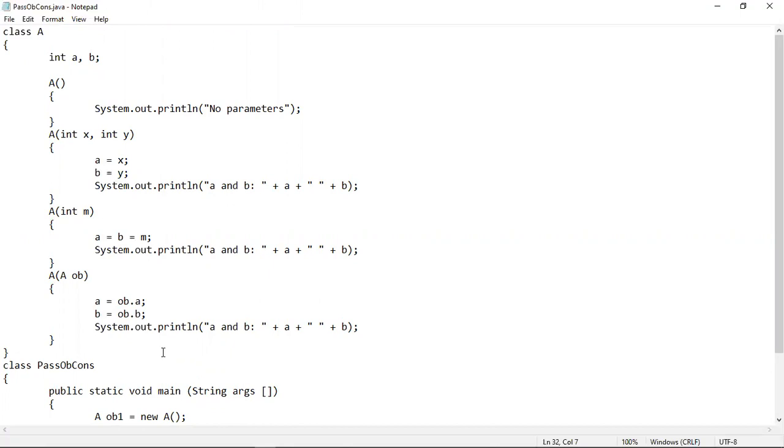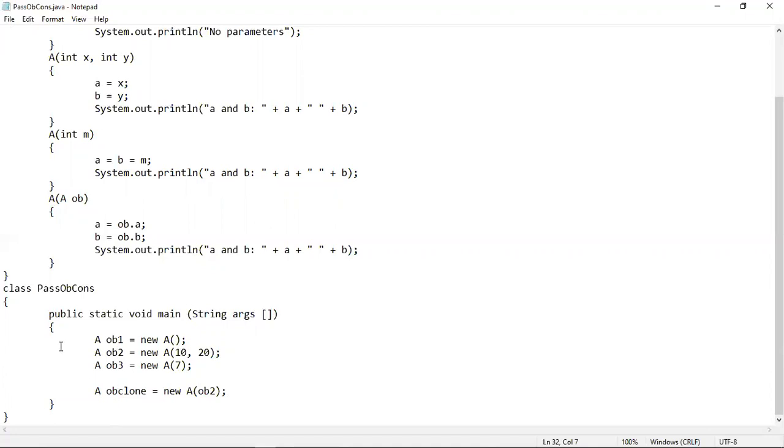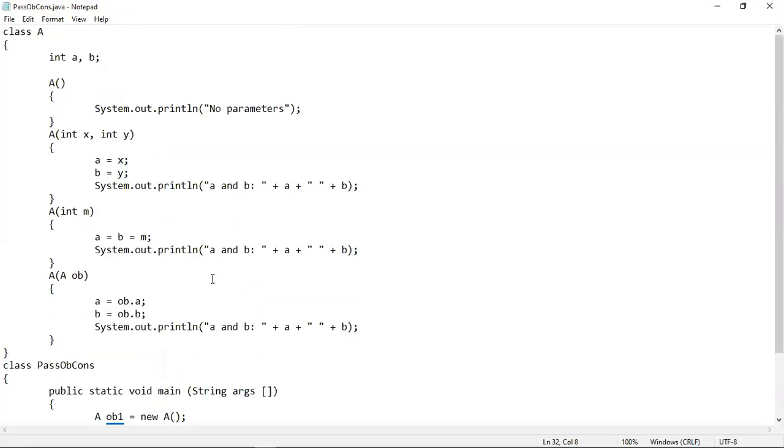But in order to implement object cloning in this way, you have to use constructor overloading within a single class, and then from inside the main class, you have to pass one object to the same constructor, which is an overloaded constructor of the previous class. So this is how we can pass objects as parameters to a method, that we have already shown in the previous program. And now we have seen that objects can also be passed as parameters to a constructor.